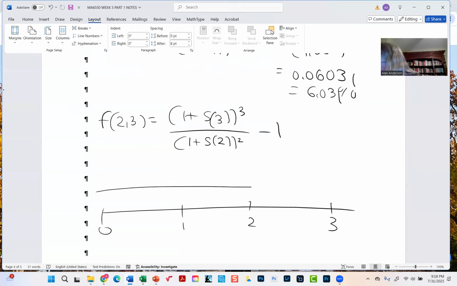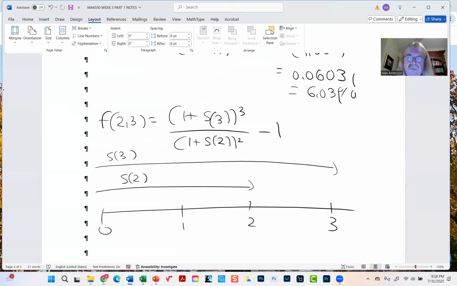You're taking your spot rate and equalizing the returns between investing in the 2 year spot rate for 2 years and then rolling it over for 1 more year, and the 3 year spot rate. So altogether, this is a 3 year investment any way you look at it. So the numerator has an exponent of 3 and the denominator has 2. So when we plug these in,